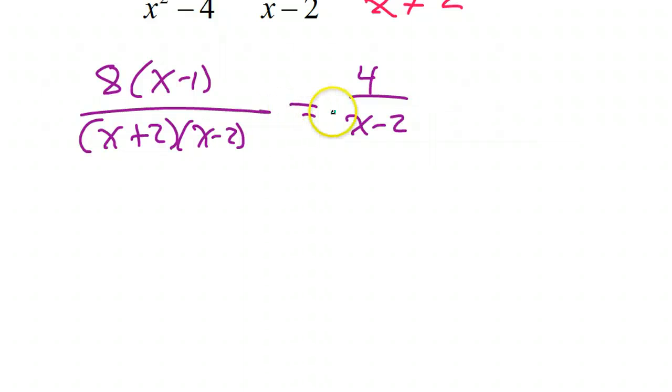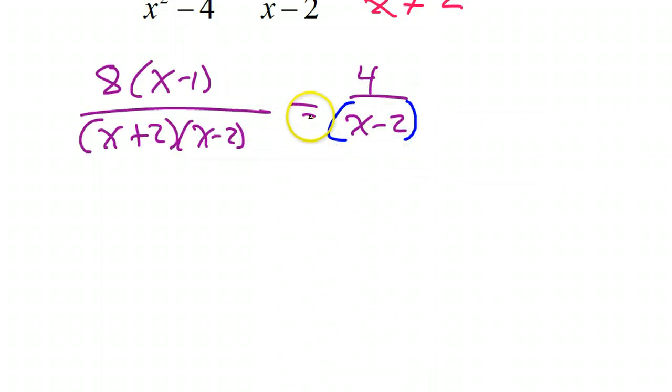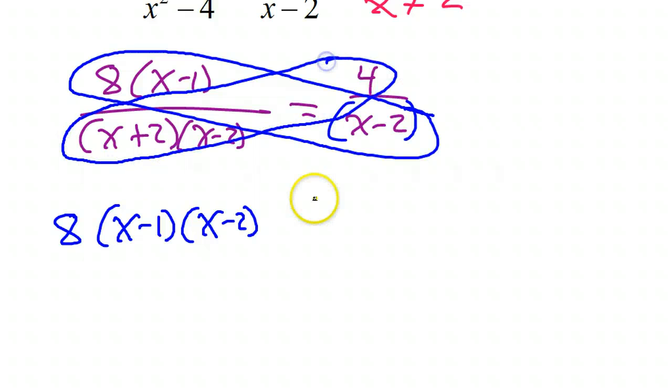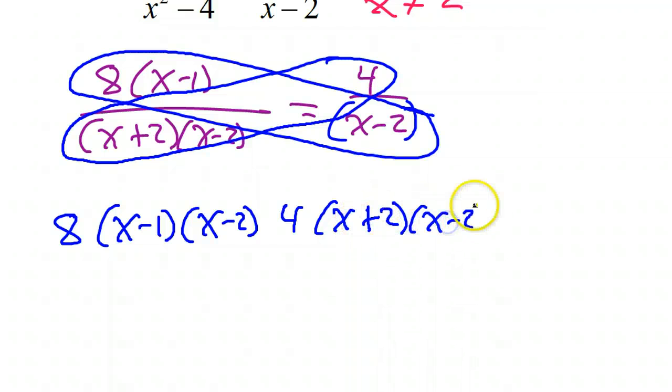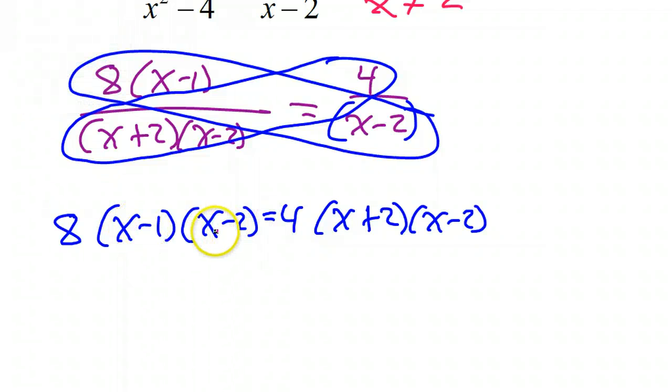So I'm going to go ahead and cross multiply. Okay. If I do this diagonal, I'll have 8 times x minus 1 times x minus 2. If I do the other diagonal, I'll have 4 times x plus 2 times x minus 2. Alright, equals. Now the reason why I'm not multiplying these out right now is because I see some factors that can